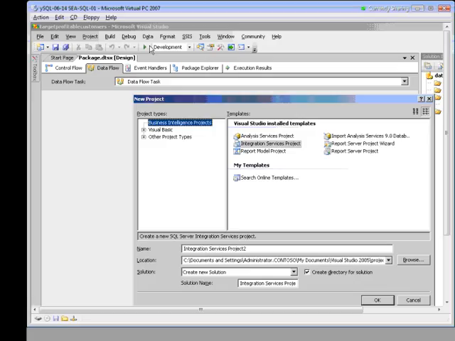But this time we want to create an analysis services project we'll use to conduct our data mining. So in the solutions list down here at the bottom, instead of creating a new solution, I'm going to add to the existing solution. And instead of an integration services project, I'm going to do an analysis services project here. And let's give it the name of data mining.